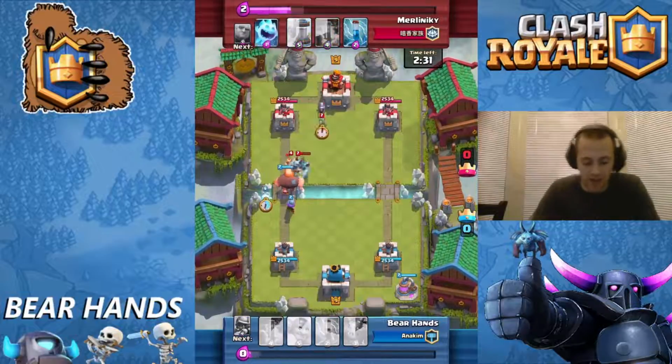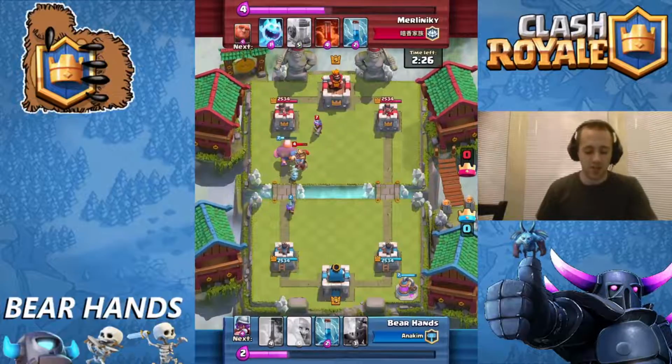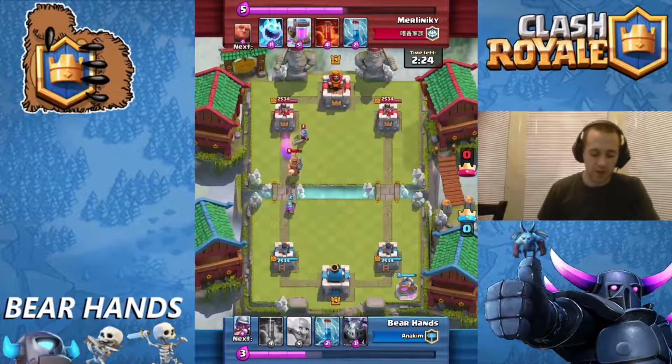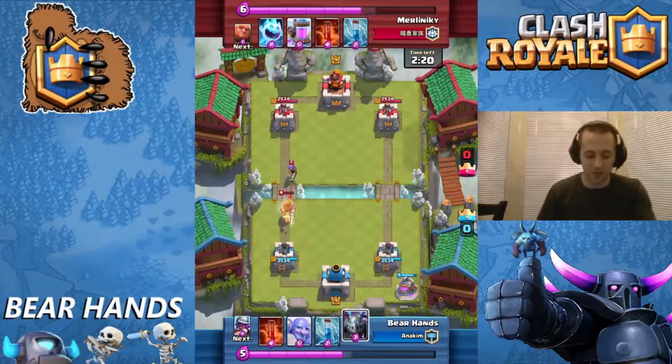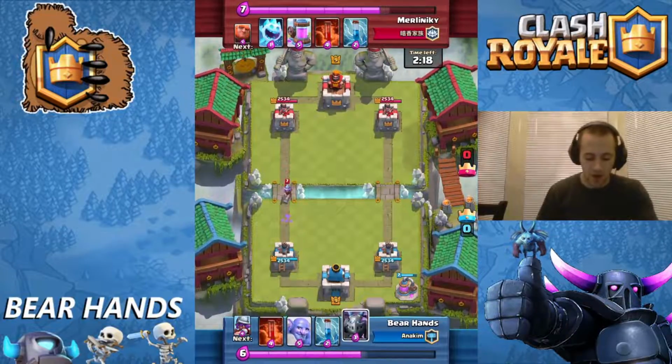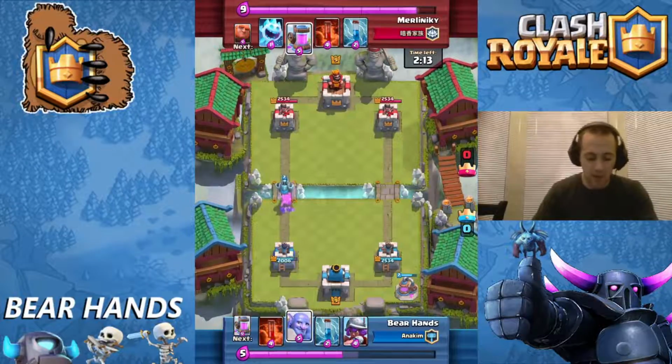I am going to protect the girl. Go ahead and throw down my Giant in front. But his Musketeer and Prince are going to melt it. And my Musketeer cannot get that shot off, and so his Prince is going to come running toward our tower. We're going to go ahead and tank a little bit of damage from the Musketeer, then throw our Mega Minion